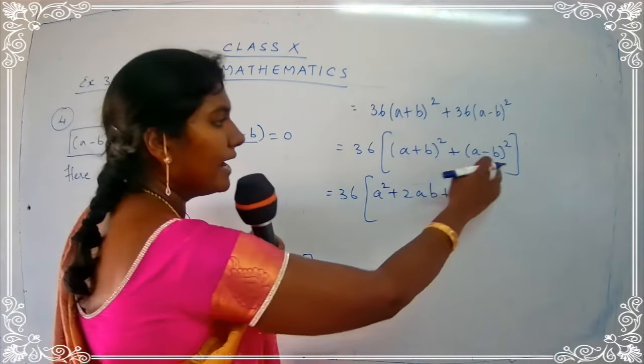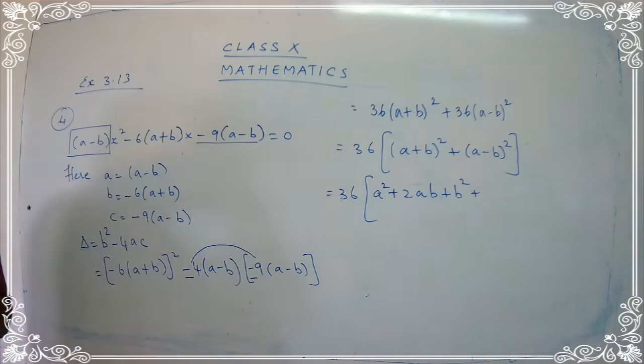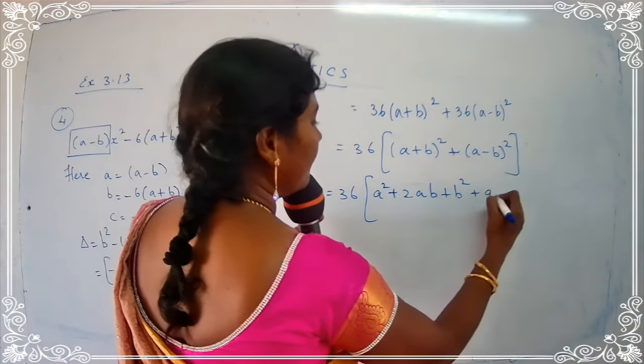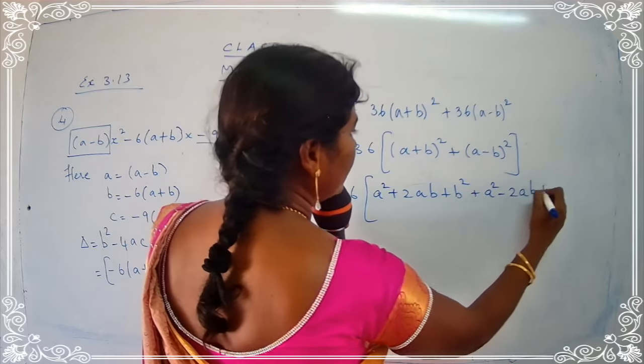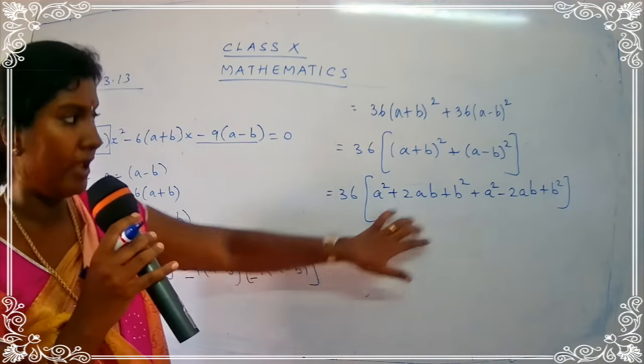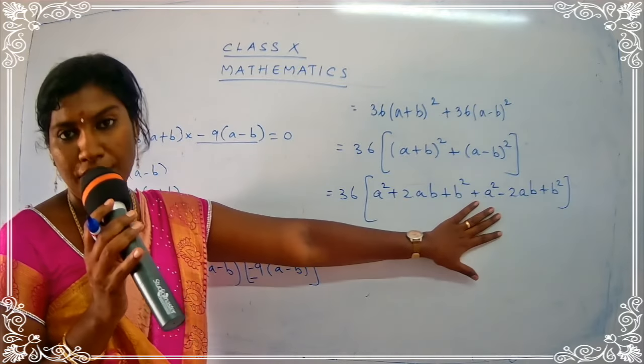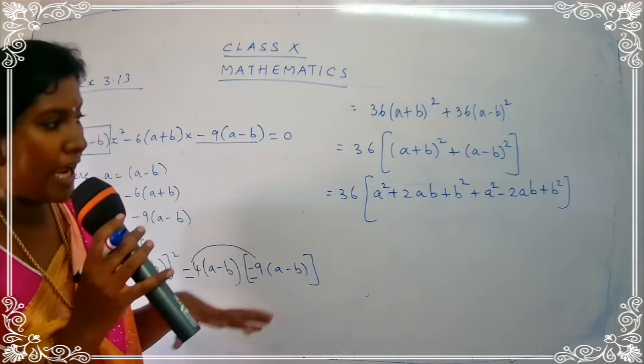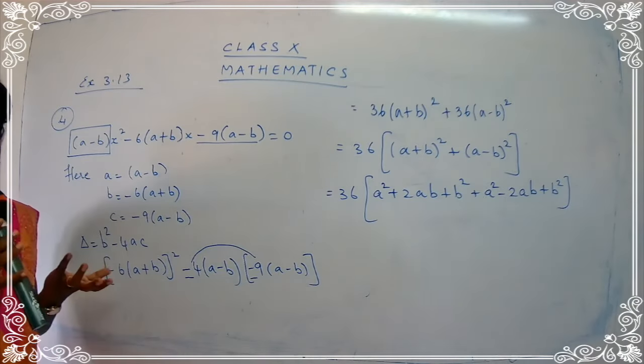So this is a minus b the whole square. What is a minus b the whole square? Yes, tell the formula. It's a square minus 2ab plus b square. Good. Write down the formula. So we write down here a square minus 2ab plus b square. So I have just applied the formula for a plus b the whole square, and also we have written the formula for a minus b the whole square. Now let's try to add the like terms, okay?